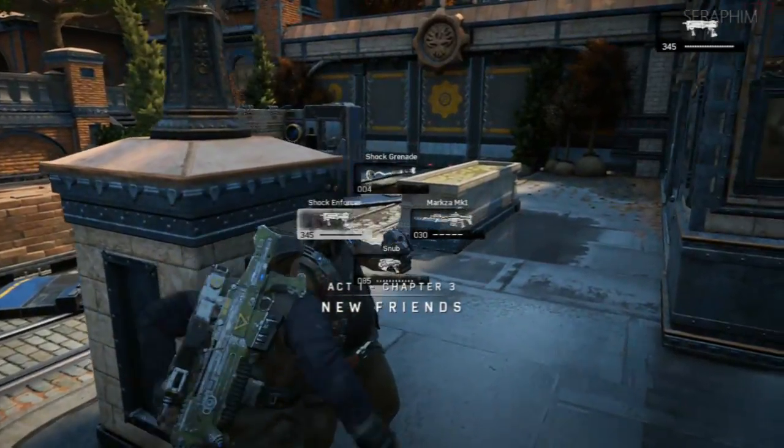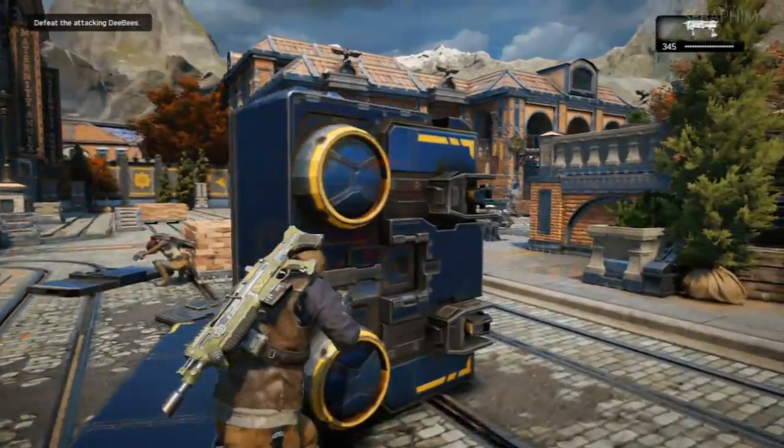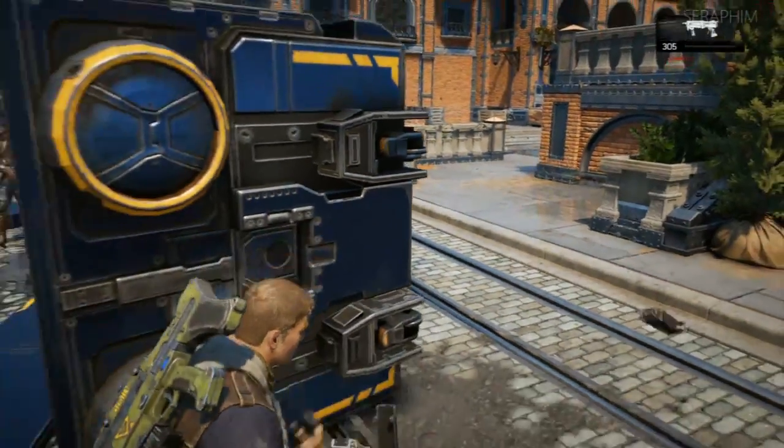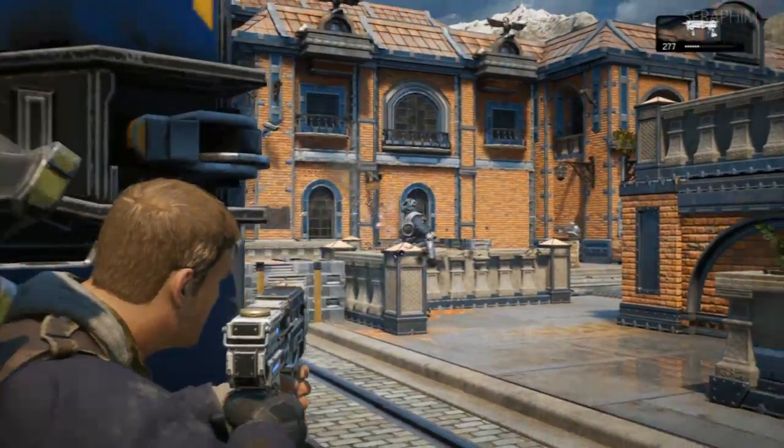Huh, really? No? Hello there, Seraphim17 once again. This is my Gears of War 4 Insane Difficulty video walkthrough. This is Act 1, Chapter 3, New Friends, and it starts real fast, in your face, against these heavy DBs